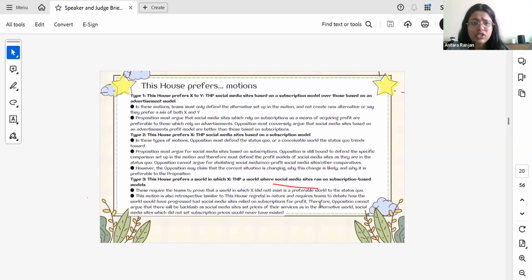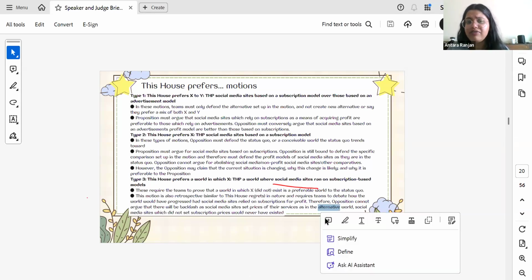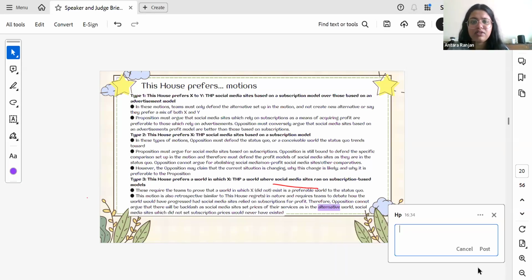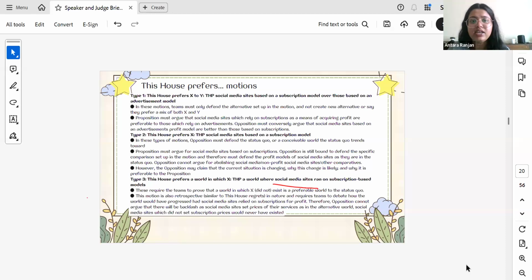So it's sort of evident again within the motion itself what this looks like, right? Opposition can also argue that the status quo is changing, and however the status quo is changing, that's what we want instead of whatever government wants, right? Please ensure you don't end up arguing on the same side of the motion that the other team is, right? Don't end up accidentally supporting the same policy side government is supporting.